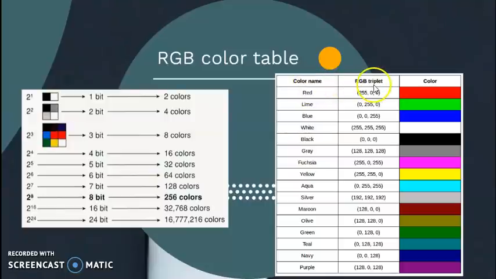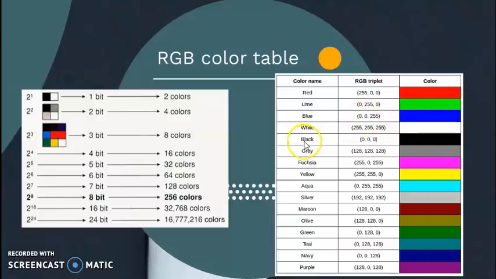So if this is the case, what are the different values that are supported? Please have a look. I have got R, I've got G, and I've got B. This is how you interpret an RGB triplet. The first value is R, the second value is G, and the last value is B. So if I've got 255 in R and 00 in green and blue, that means no green and no blue, only R. So this becomes my red color. Now let's go for blue. It's RGB, so the blue value will be 255, and everything else will be 0, so I get a blue color.